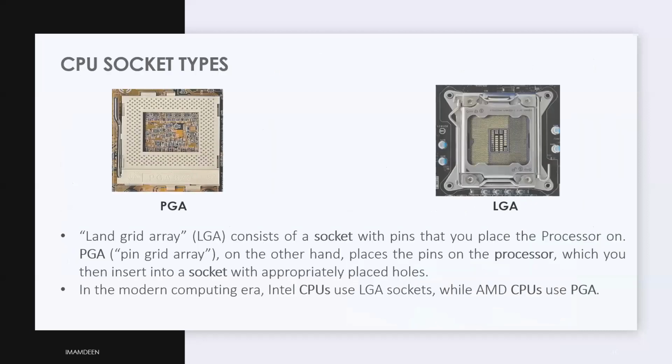But in the CPU there are two socket types. To place the CPU on the motherboard, there are two socket types. One is called PGA, one is LGA. PGA means pin grid array. So this was the first type. So when the computers first small